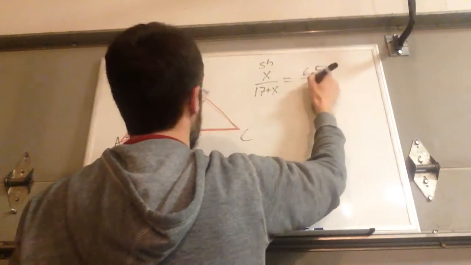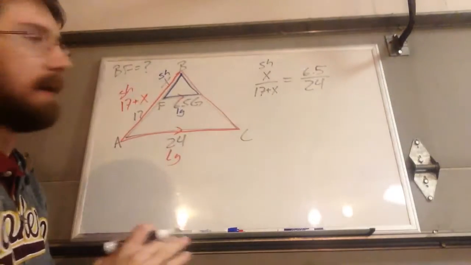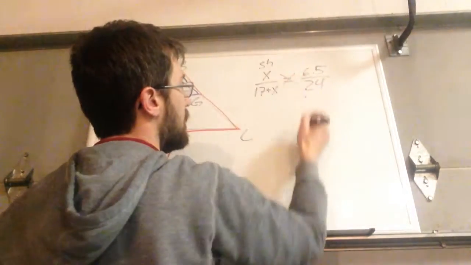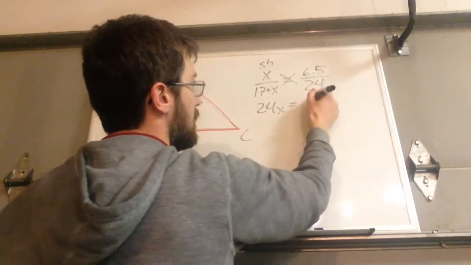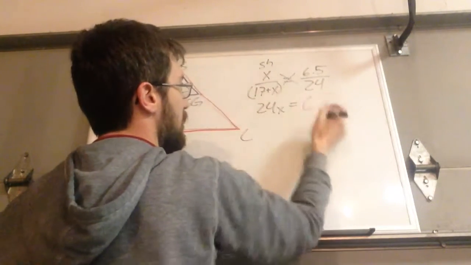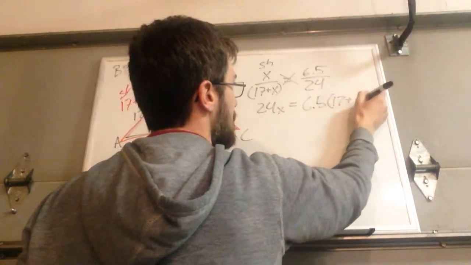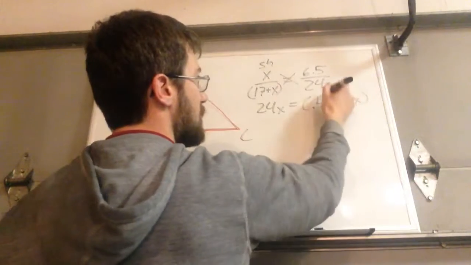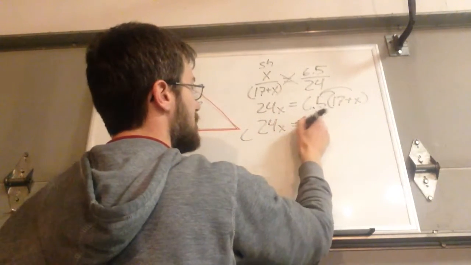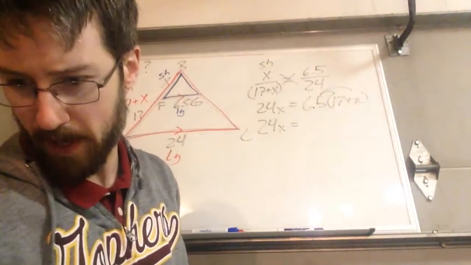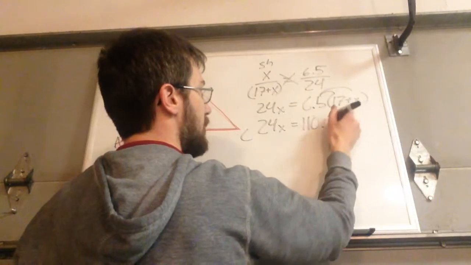Yeah, there's decimals in this one. Big deal. We've got calculators. We can figure it out. Okay, cross multiply. x times 24 is 24x. And then maybe throw some parentheses around there, 6.5 times (17 plus x). Distribute in the 6.5. Now we've got 24x equals 6.5 times 17, which is apparently 110.5